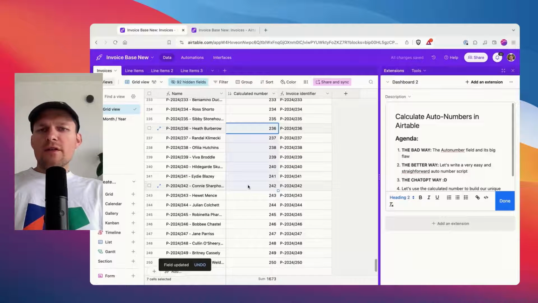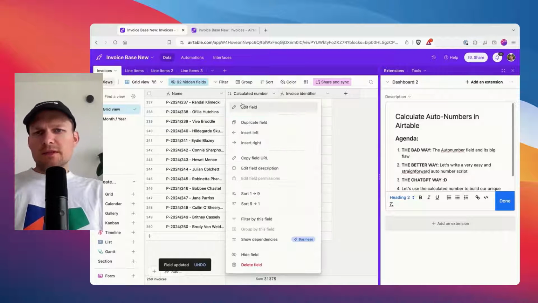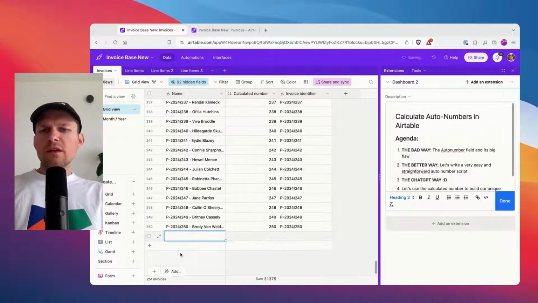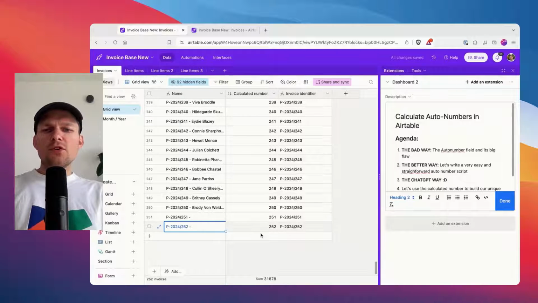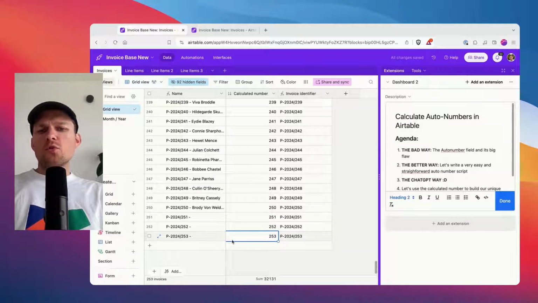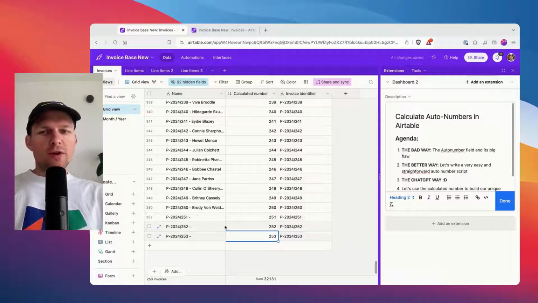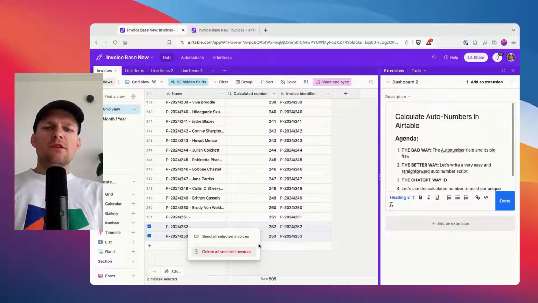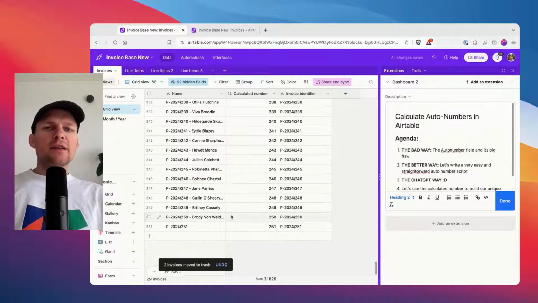So let's start with the one. What do I mean with that auto numbers in Airtable is the bad way? So what even is this? There's a field type called auto number. And if I add more invoices here, then we get the incremented number, which seems pretty good, right? So you're like, Rupert, what's bad with it? What's bad is if I delete these, because I created them accidentally, for instance,